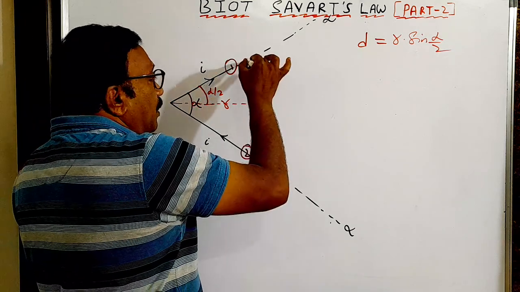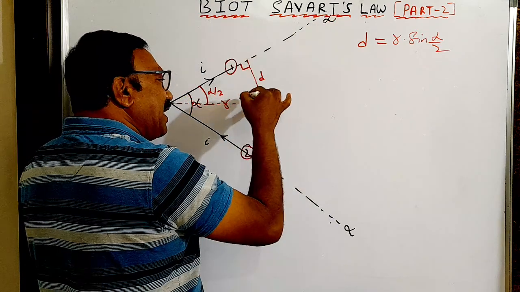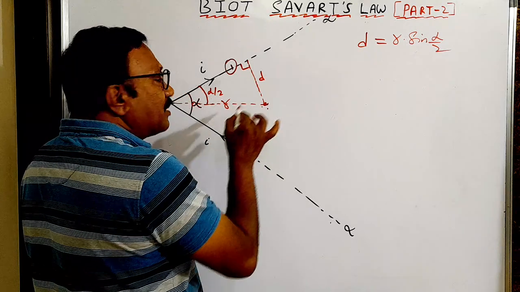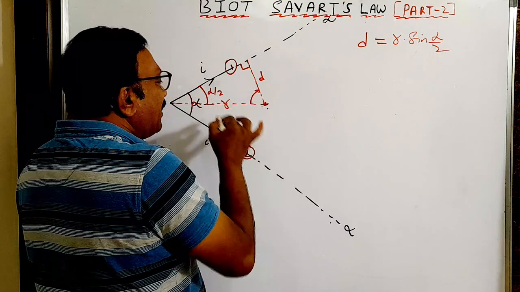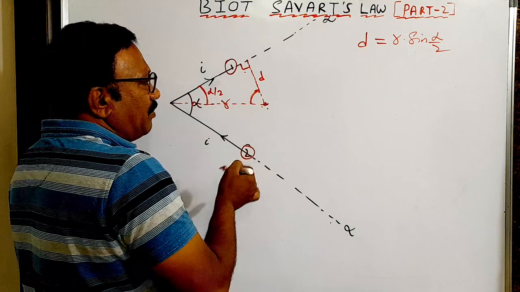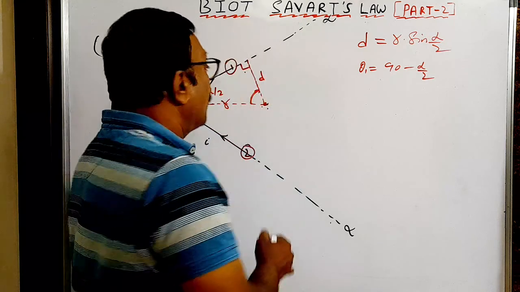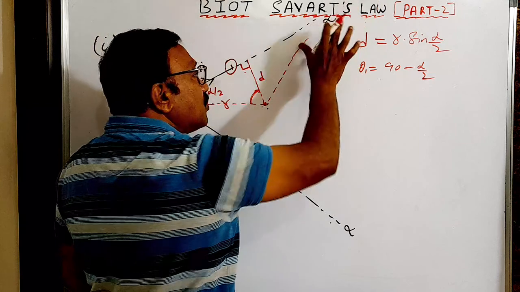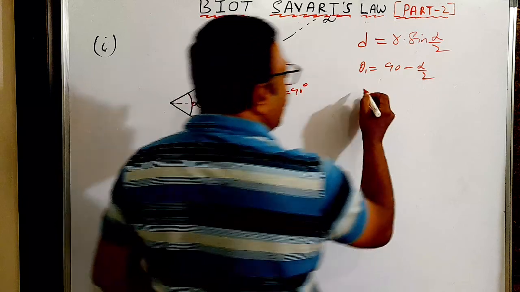Now theta 1 and theta 2 I want. So, if this is D, join a line from one end and join a line from the other end. So, one angle is theta 1 and the other angle is theta 2 we can take. I have already one line joined here. So, let me take this angle as theta 1 for example. How much is this angle? This is 90 degrees. This is alpha by 2. How much will this angle be? 90 minus alpha by 2. So, I have to join one more line here. But this line is going to infinity. So, when it is going to infinity, the other angle theta 2 can be taken as 90 degrees.